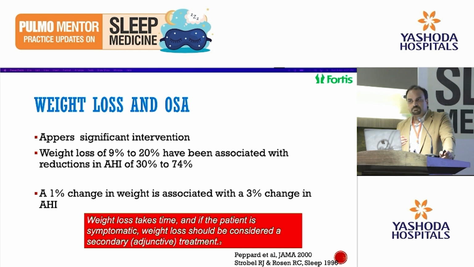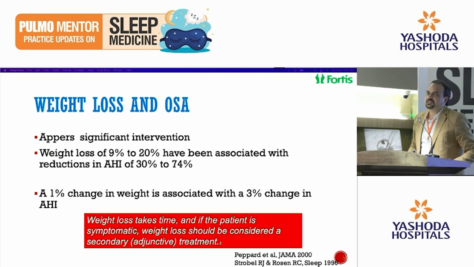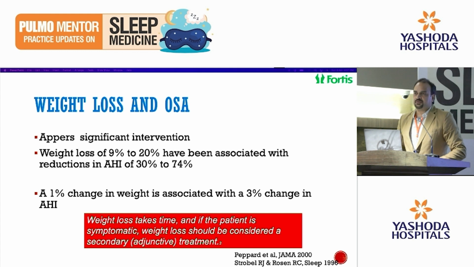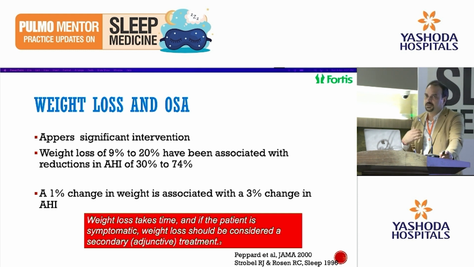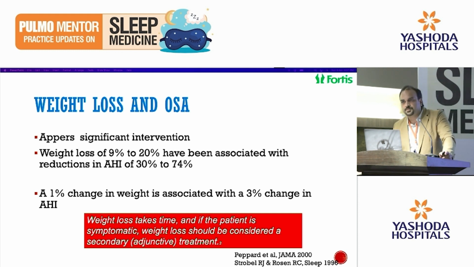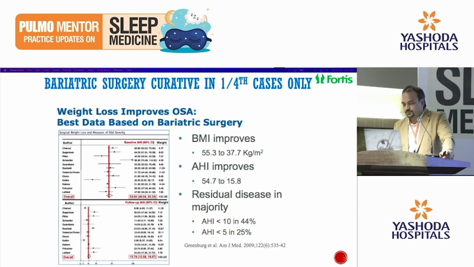Weight loss is considered, the thinking being that as soon as I lose my weight, I'll get rid of my OSA, but it is a very, very difficult task. So it is always given a second priority. If your patient has moderate to severe sleep apnea, give the CPAP first and then ask for weight reduction. There are hormonal changes in the body which create a kind of insulin resistance and other resistance, so the patient is not able to lose weight very easily unless this cycle of sleep apnea is being taken care of, right?